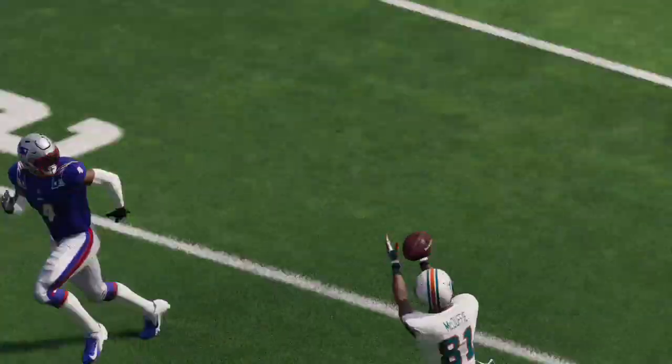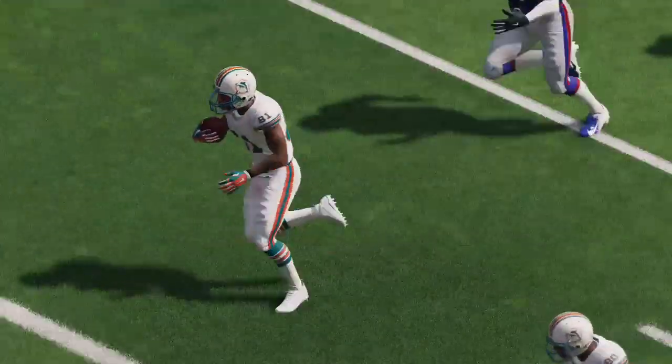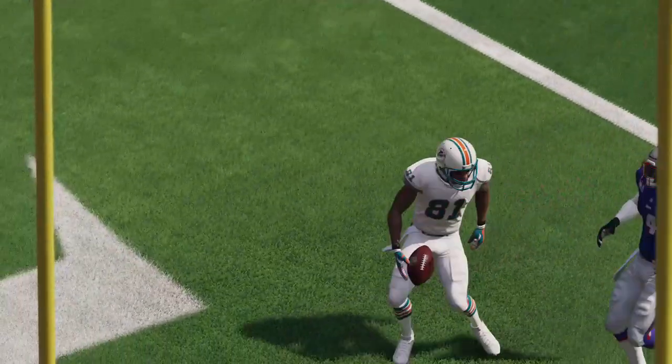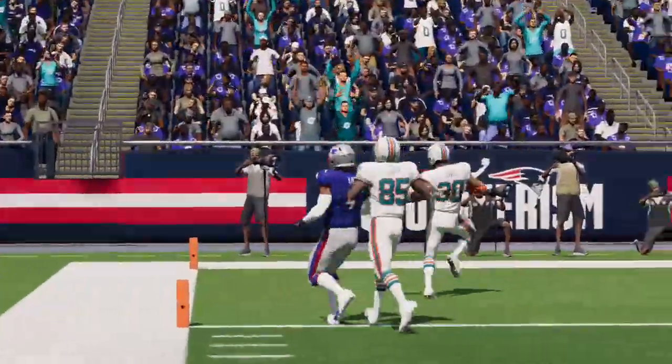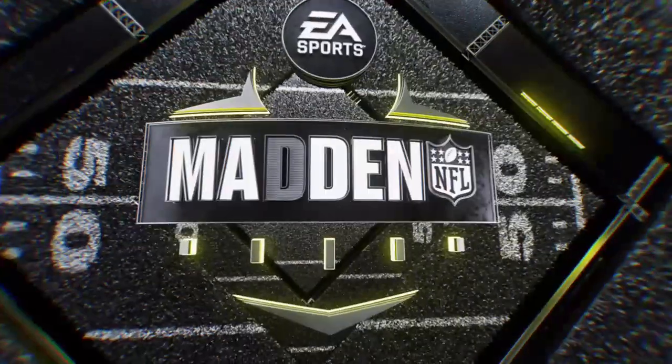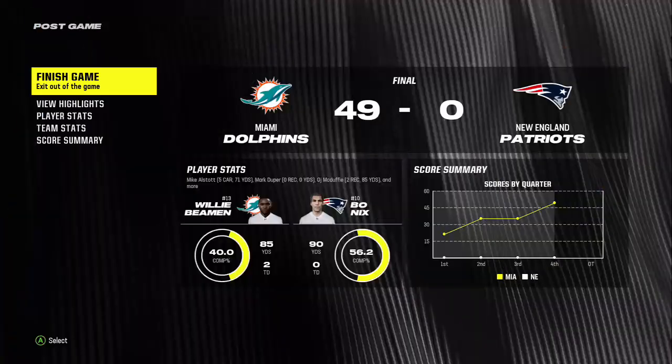So for the Dolphins, they continue to make their case for the playoffs as they move to 9-3, and they will head back home next week. Meanwhile, for New England, this loss cost them in the playoff chase as they fall back to 7-5 on the year, and they'll try